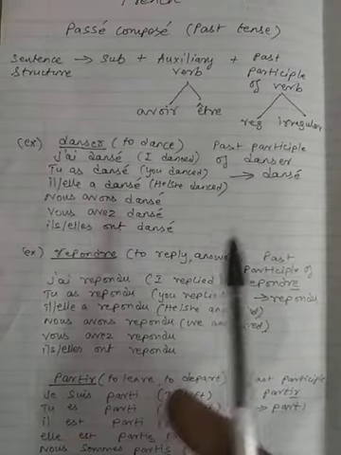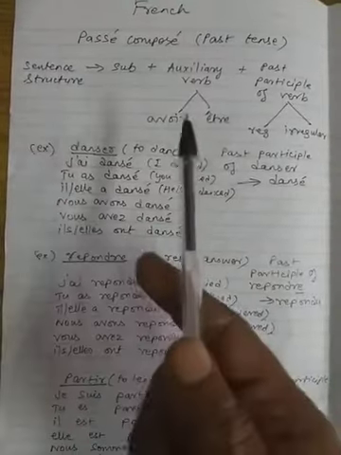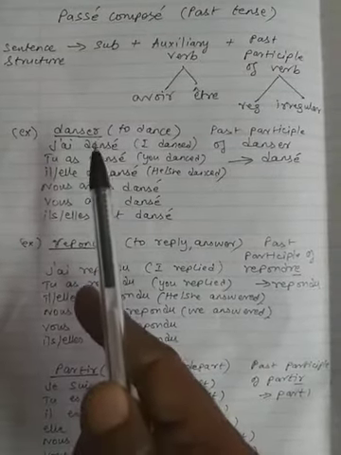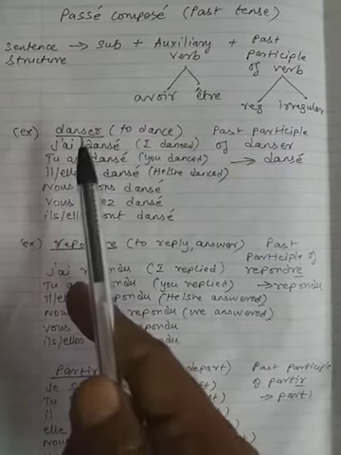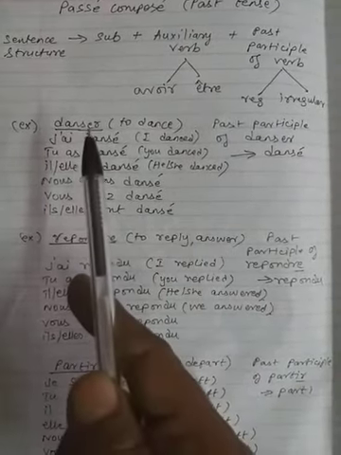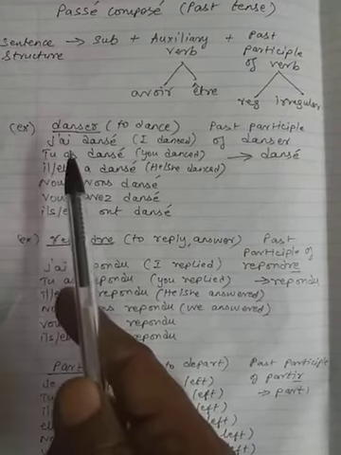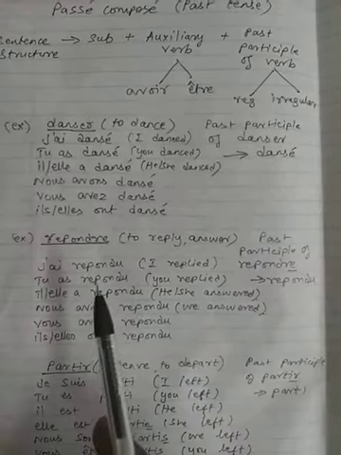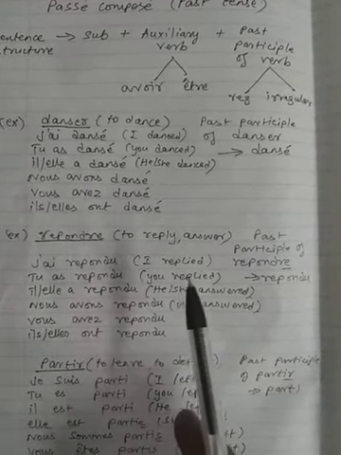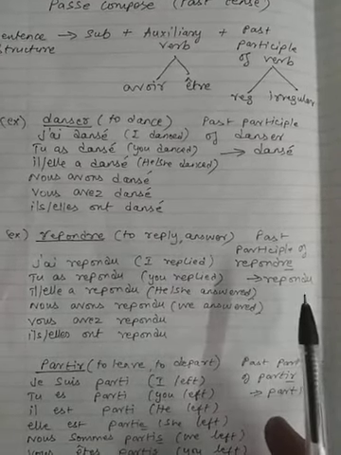Now we've seen the two verb examples. Here are a few more verbs as examples. What is the formation of the past tense? Subject, auxiliary verb, past participle. Here "er" verb, "danser" verb. "Danser", an "er" verb, means to dance. Regular verb, put the past participle. The auxiliary verb for this verb "danser" is "avoir". So subject, "avoir" verb conjugation, past participle. Now "répondre", "re" verb. This is also a regular verb. How to do the regular verb conjugation? For the past participle, replace "re" by "u": "répondu".